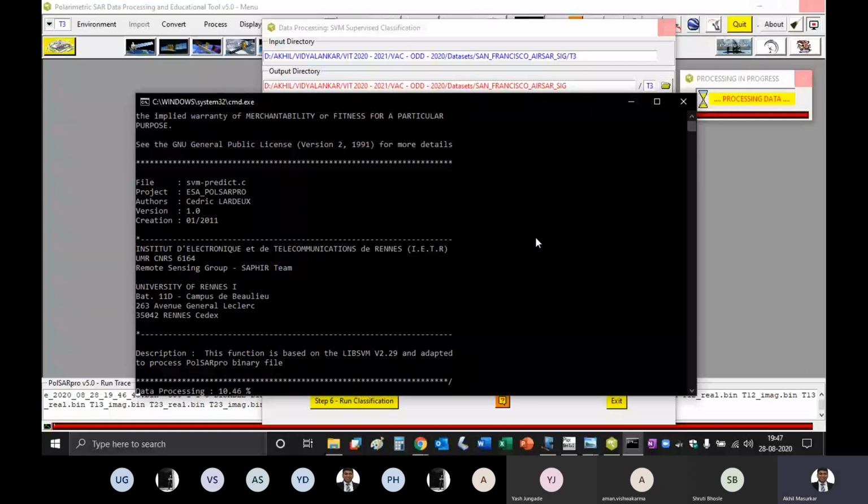So this would be slightly faster. It should happen within 1 minute, the classification. So if you have completed with AirSAR, you can post your images.